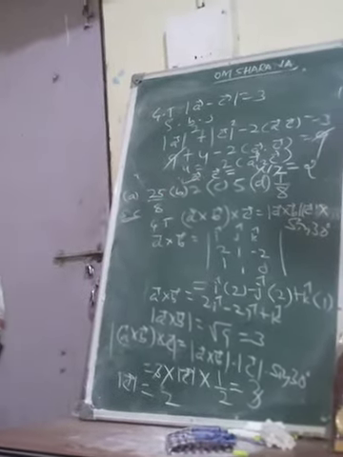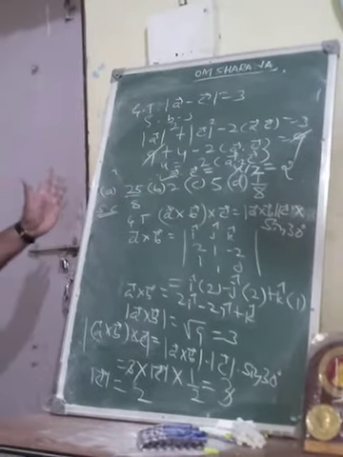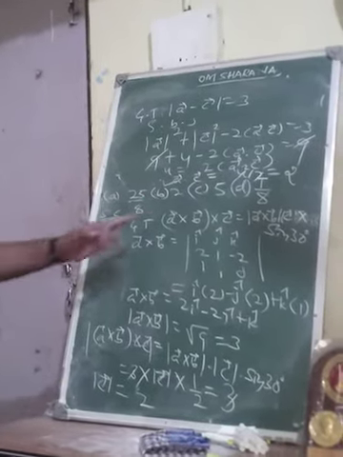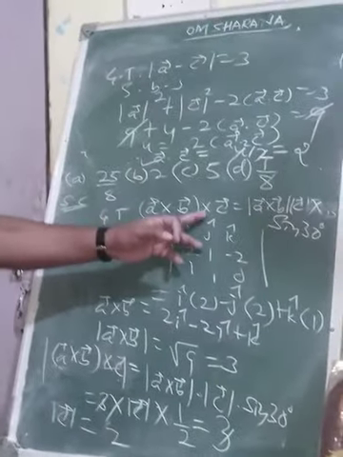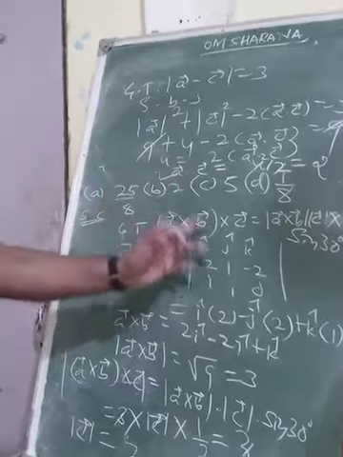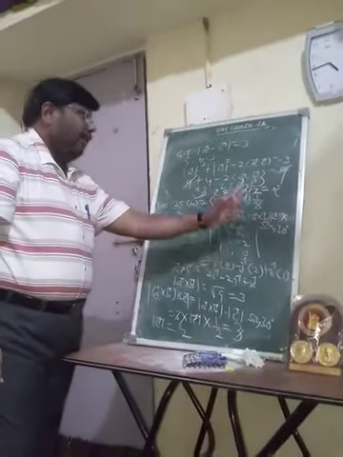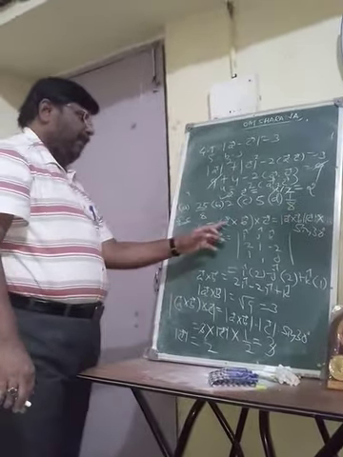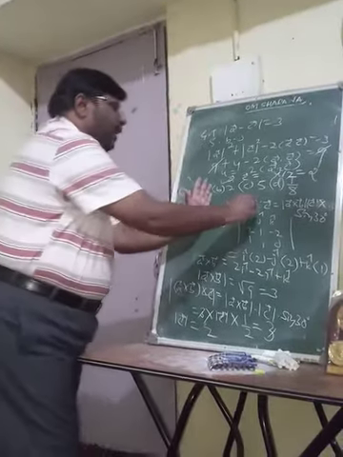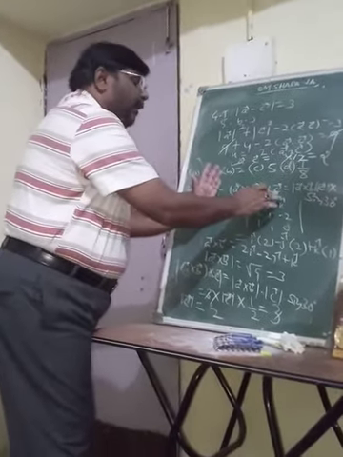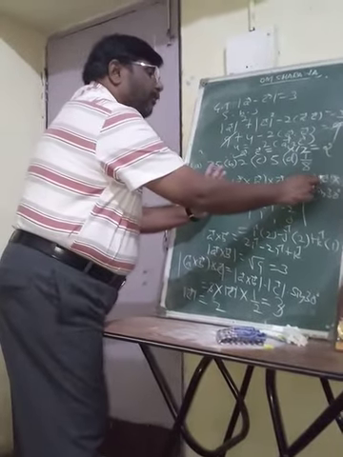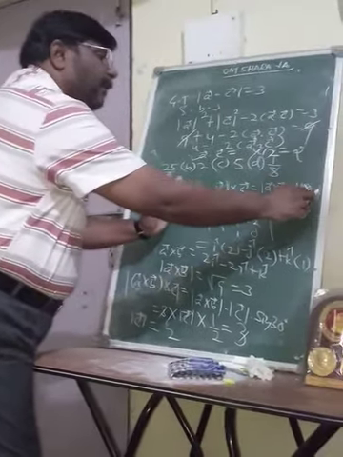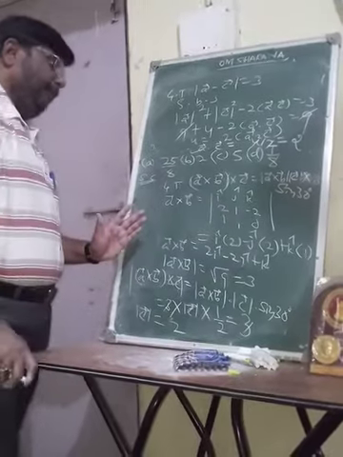Value is 2. What has to be done here according to the given condition? A and B are given, and this is given: A cross of B cross C. Magnitude of A cross of B cross C is 3 is given. Due to that you can find this value first. You can treat this as one vector, this as second vector. Their cross product is magnitude of vector A cross B, magnitude of vector C into sine of the angle 30.